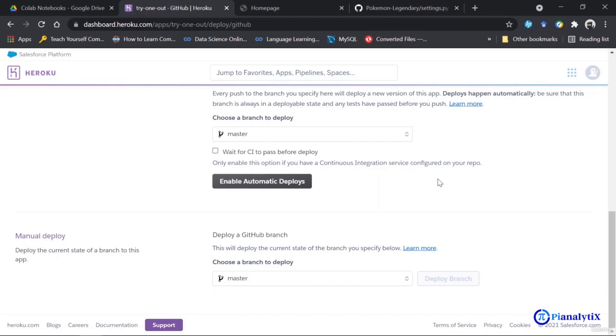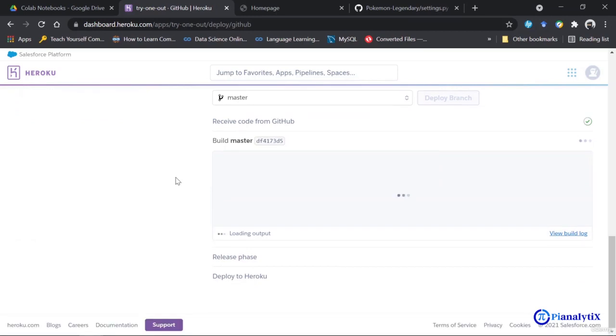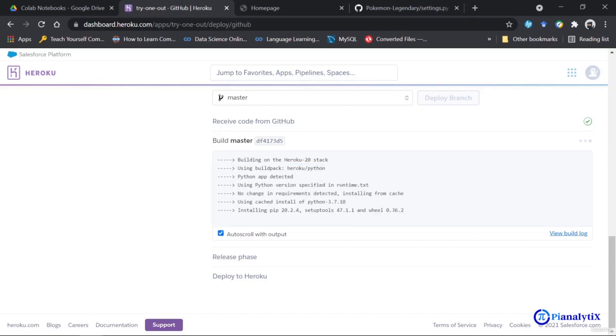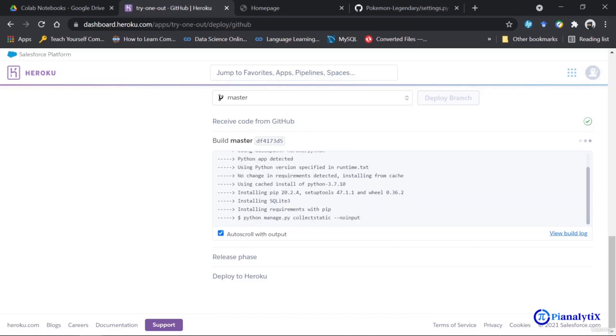Now this might take some time again because the server has to be set up with the code, and all the dependencies have to be installed on the server itself. You can see the Heroku Python buildpack is being used, and we specified our Python and version in our runtime.txt, which it has now installed. Next it is installing all the dependencies from requirements, and once it has done that, it is using a command named collectstatic.